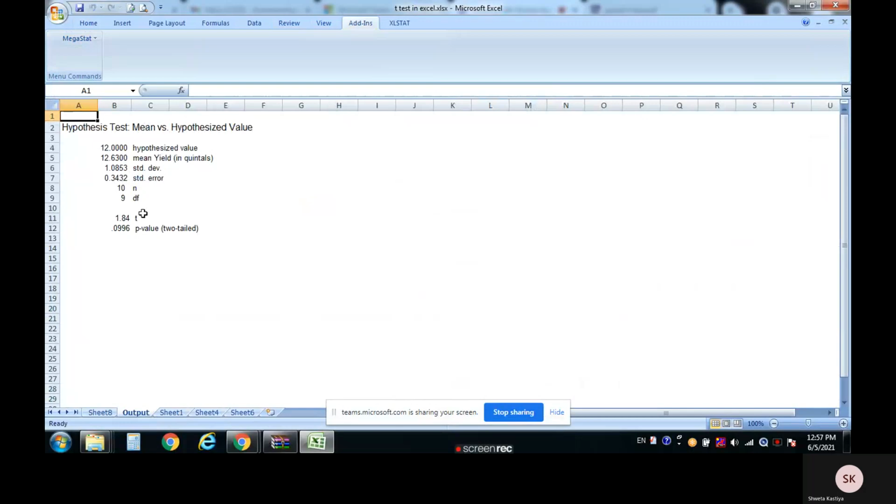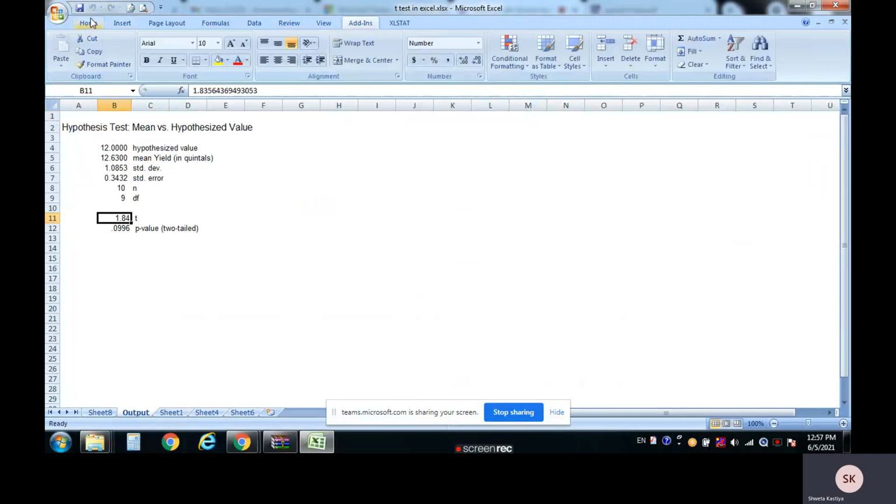Now, this is the p-value. You can easily see that it's very simple to calculate value of t for one sample t-test if you are using Megastat. So let's see, the value of t is 1.84, and the p-value is 0.0996, as you can see that it is greater than 0.05.